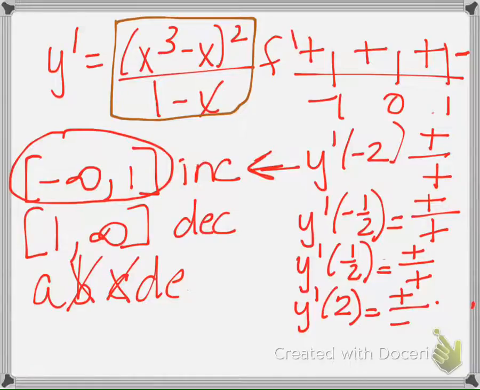D says when x is less than 1. Okay, that one's looking good. And E says between -1 and +1. And that one also looks good. So if you had to choose one of them,